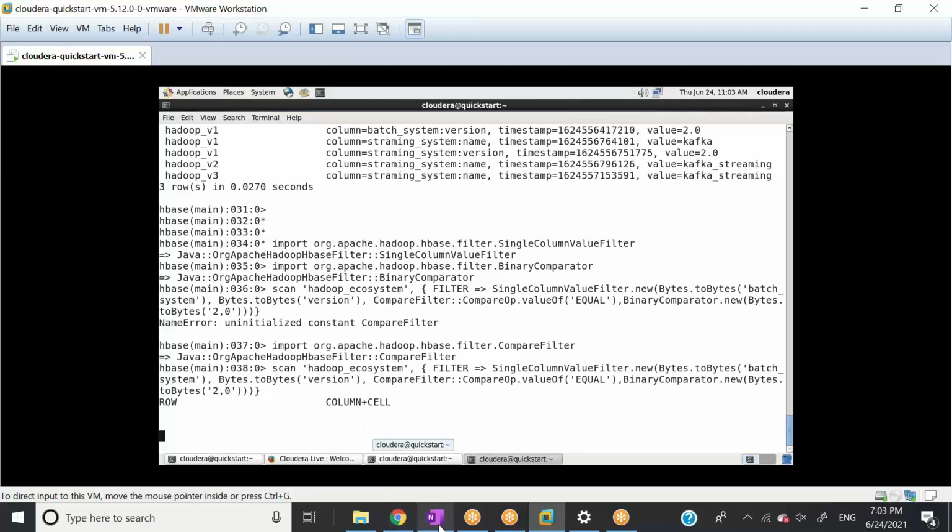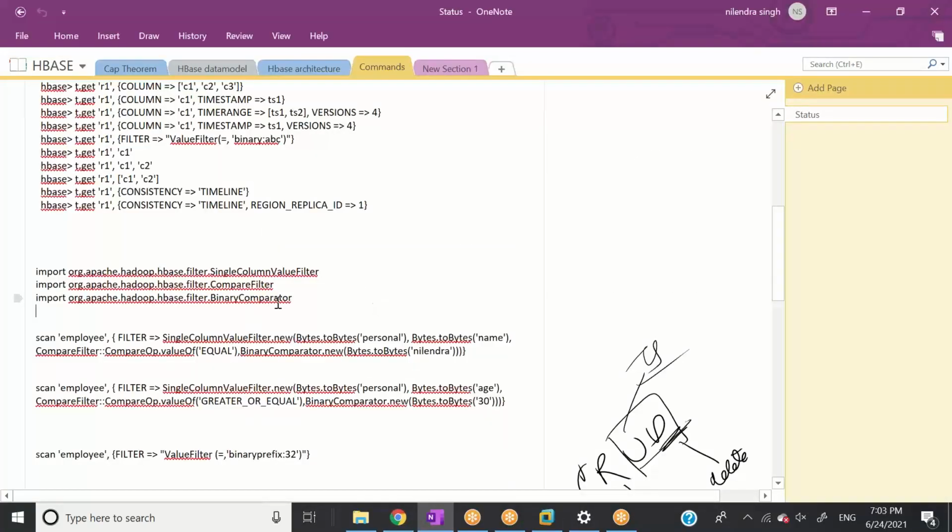So let me explain that command in 2 minutes till the time it's running. We need to import three things when we need to implement a filter. The first is the single column value filter. The second is the binary comparator, which comparator we need to use, right? And the third thing is the comparator operator, like this one.